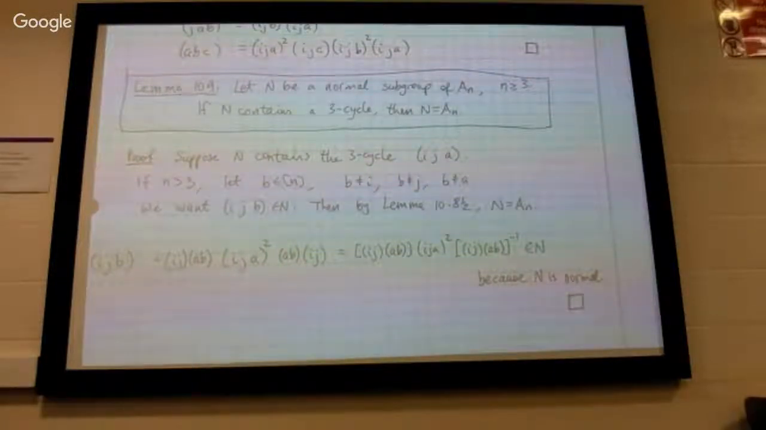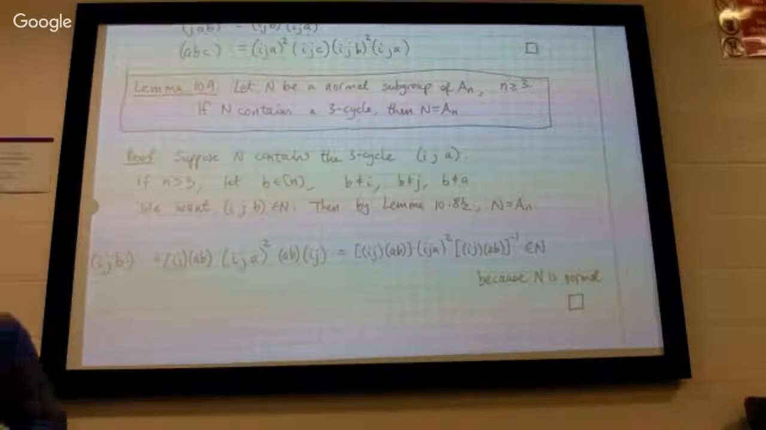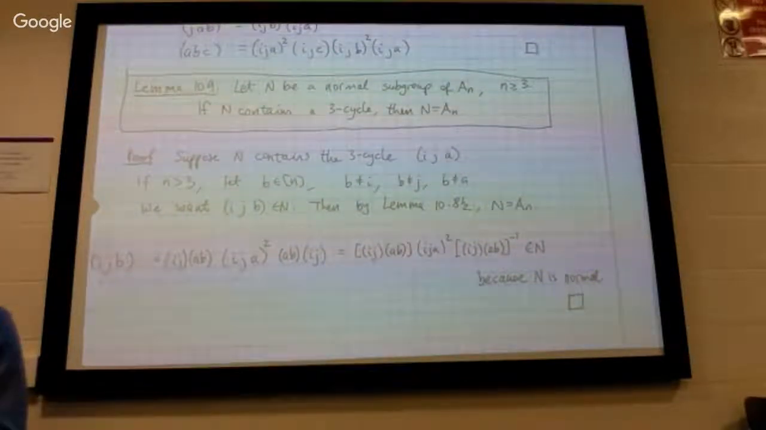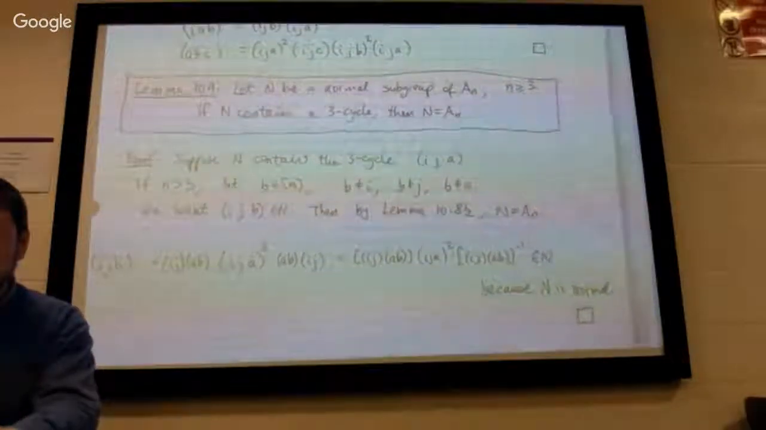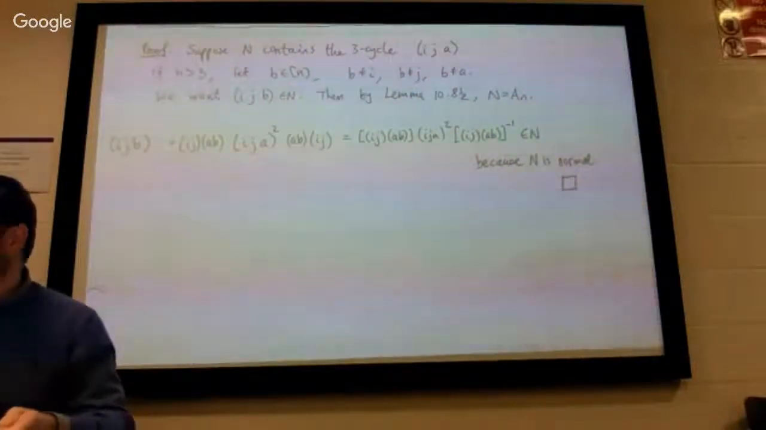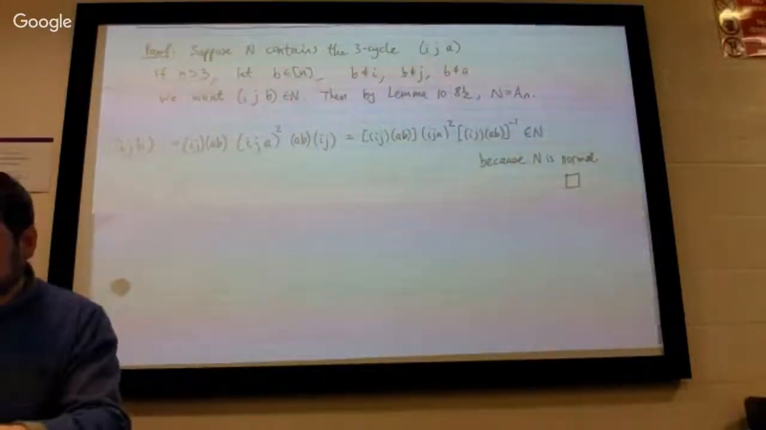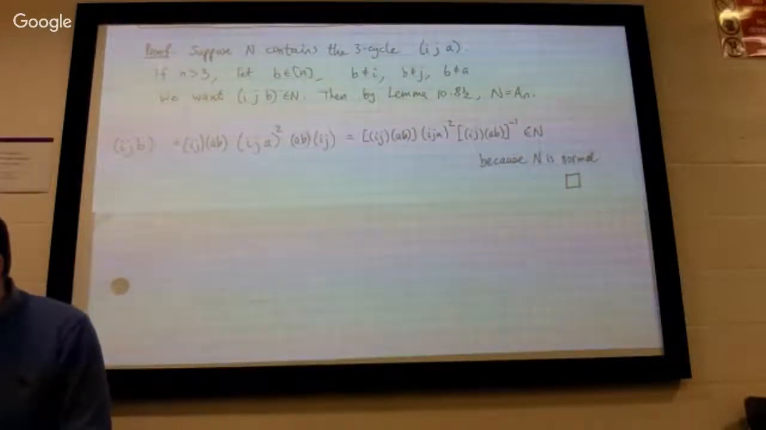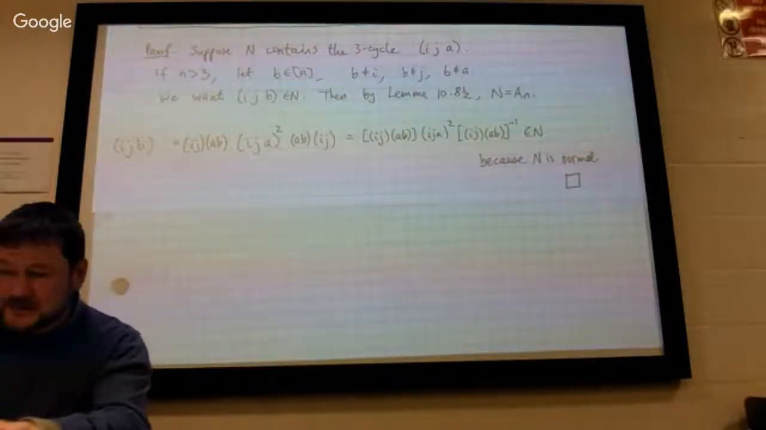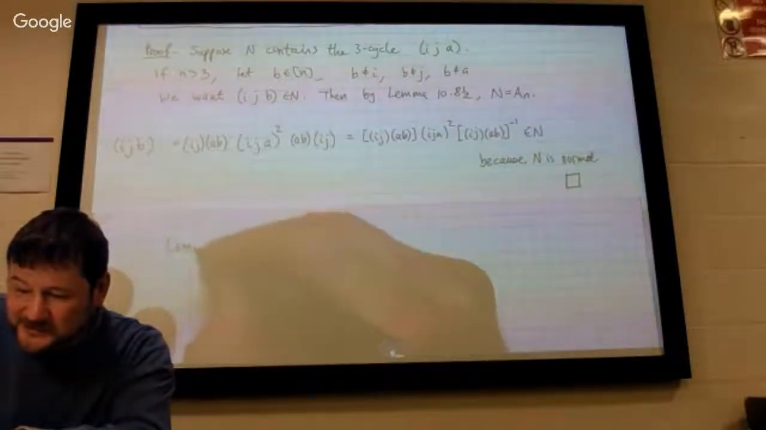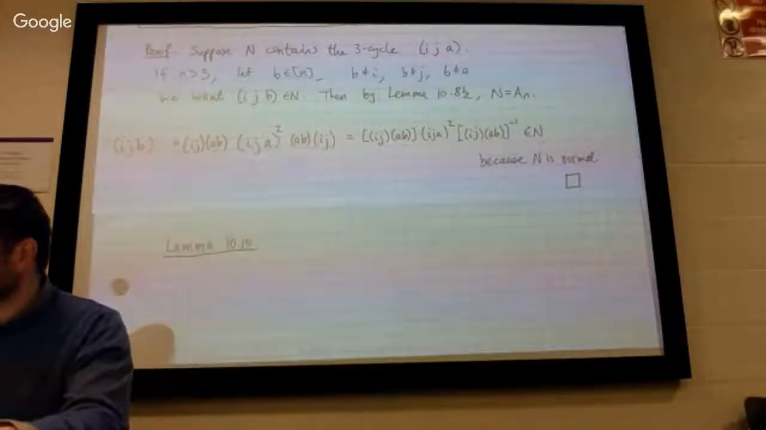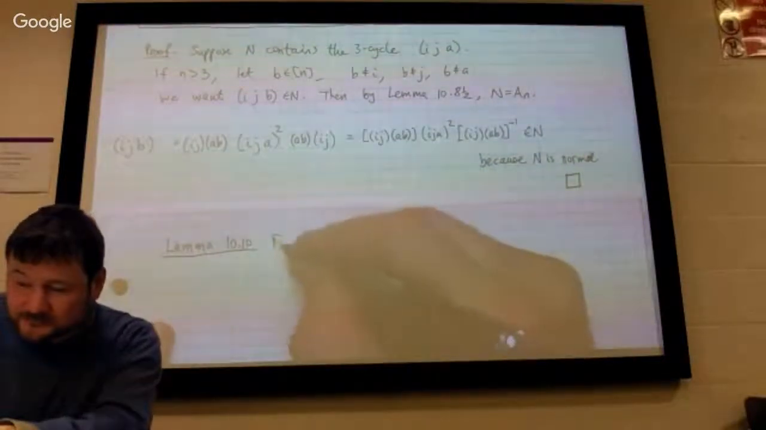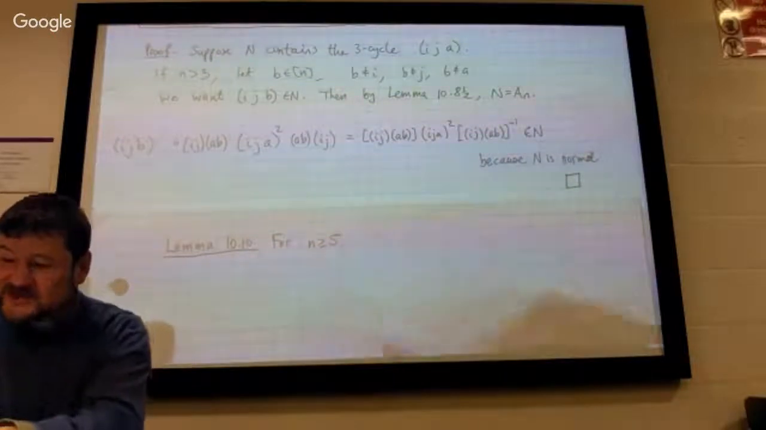Okay, so this is it for 10.9, and now, oh my goodness, now we have to work hard. Now the hard work is hidden in lemma 10.10, which says that if n is at least 5,